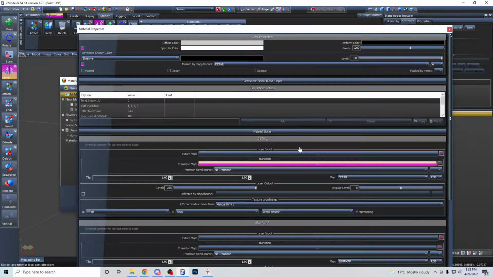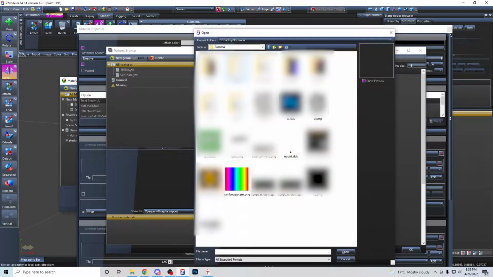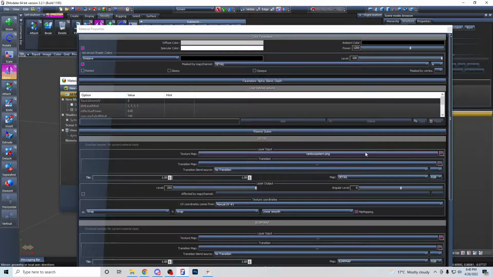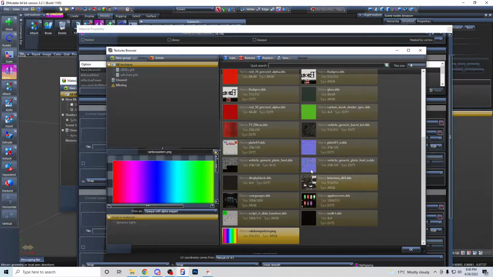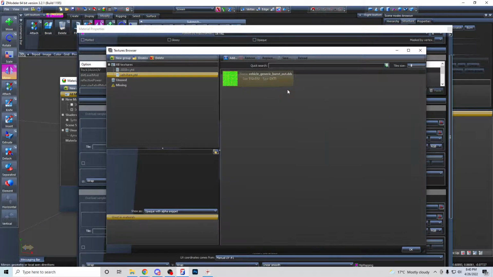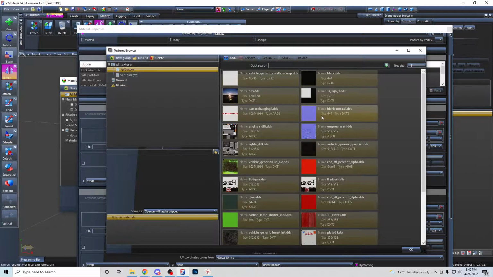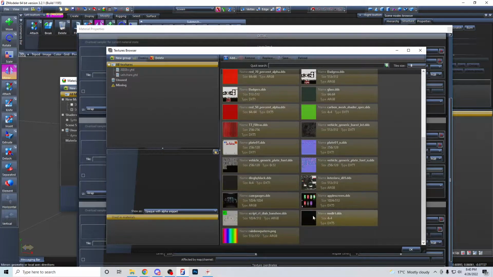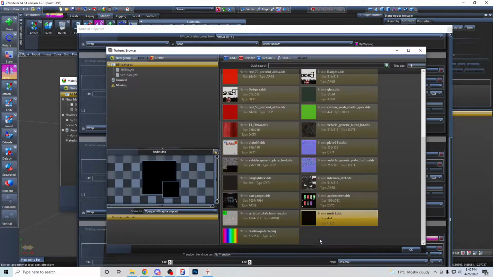For the detail bump map you want to add the pattern and the no dirt texture. For the detail you want to put the rainbow pattern. For the bump map you want to put the blank normal. For the mask you want to put the no dirt one, and for the spec map you want to put